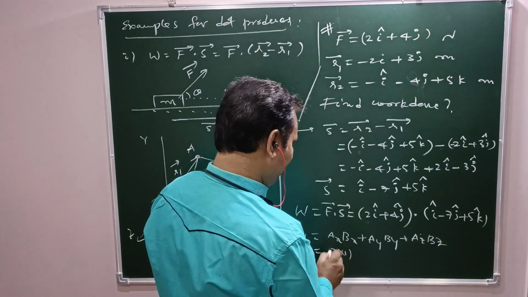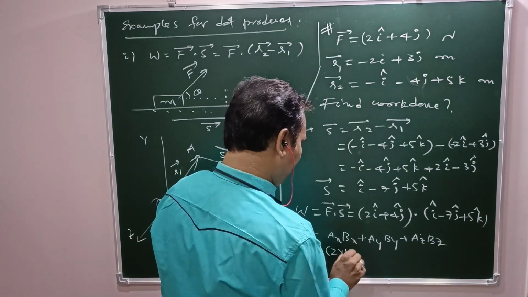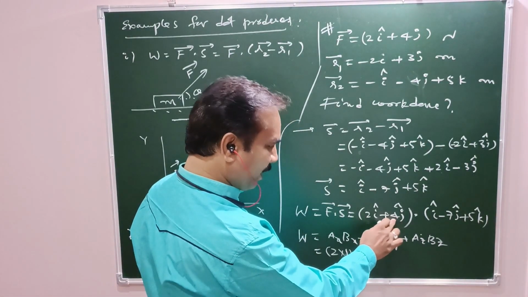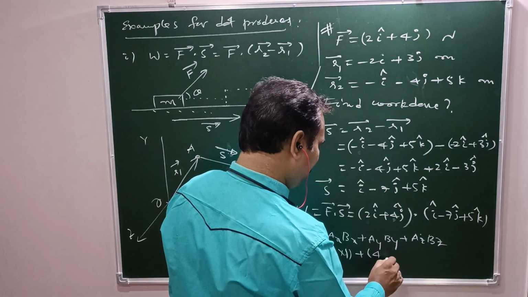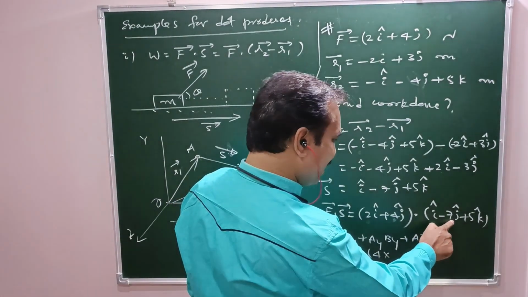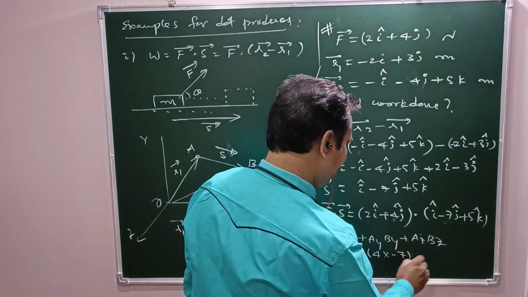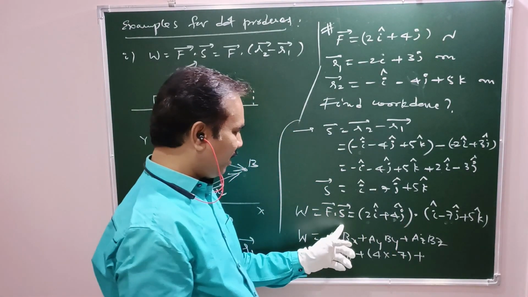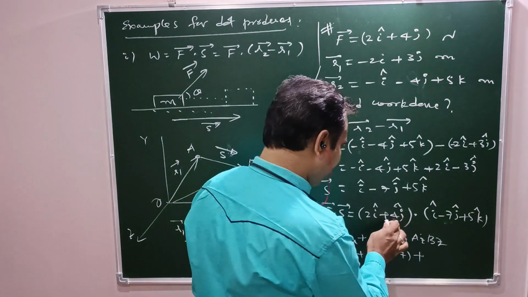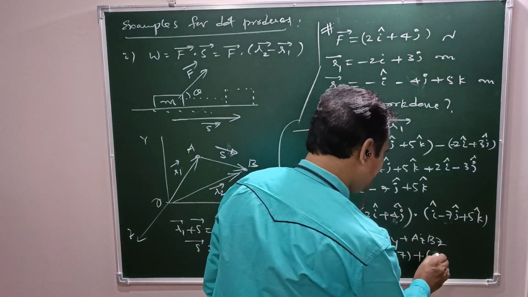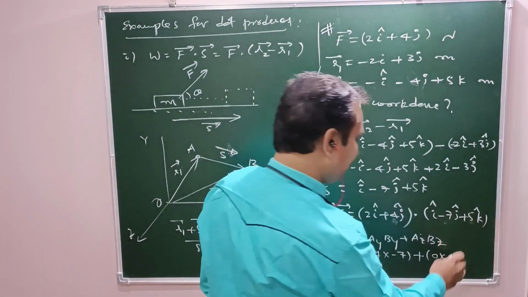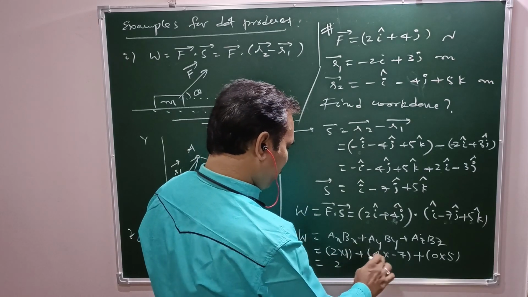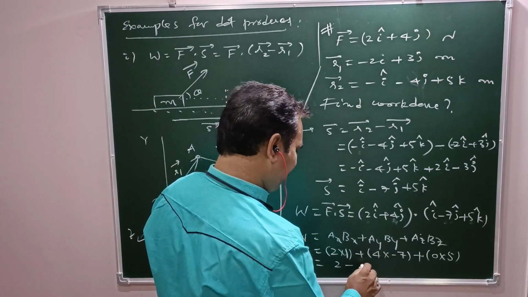So 2 into 1 plus ay. What is ay? Y component 4 into, what is by here? Minus 7 plus, what is az here? There is no z component in F bar, so az is 0 into bz, 5. That is 2 into 1 is 2, plus or minus 4 sevens 28